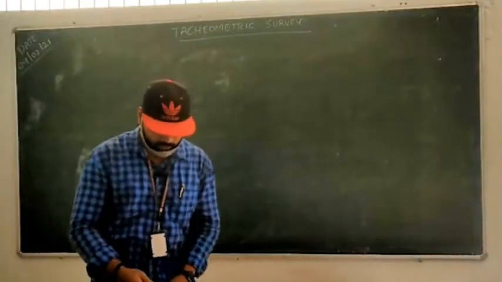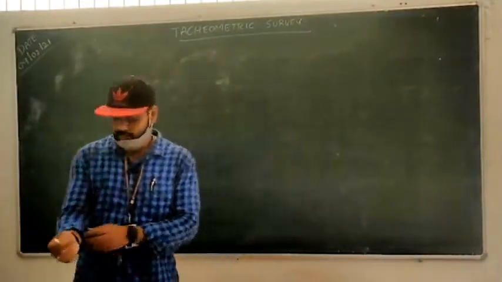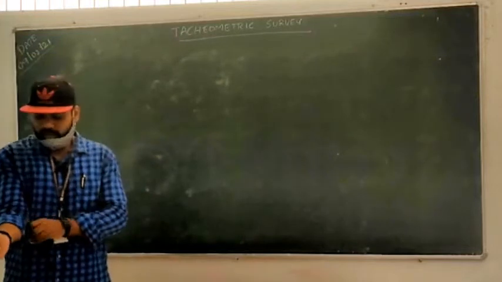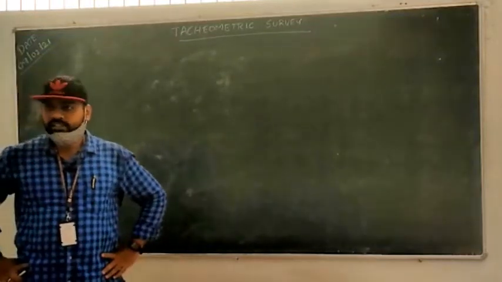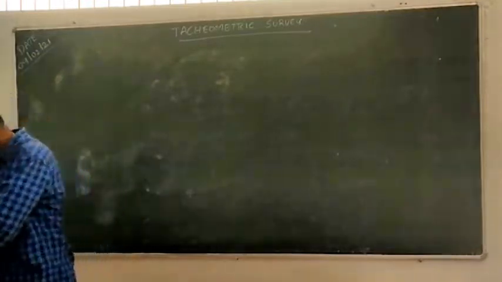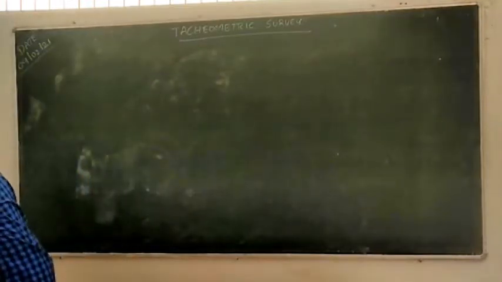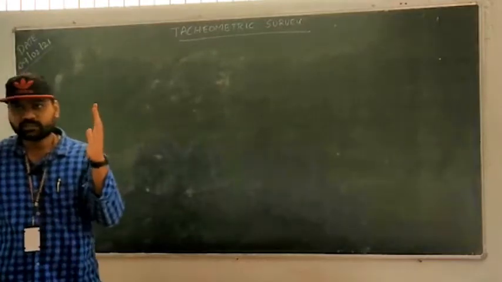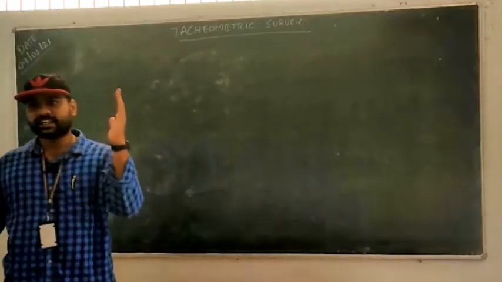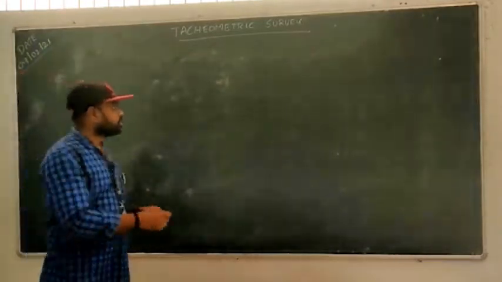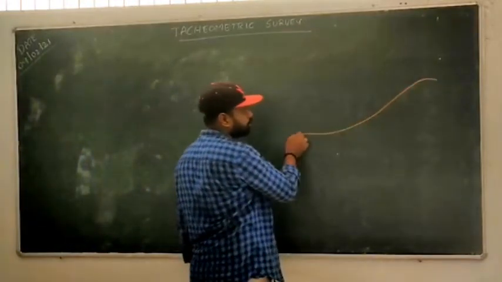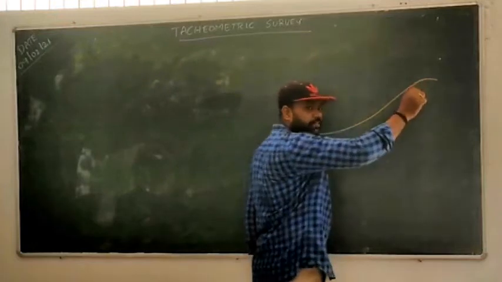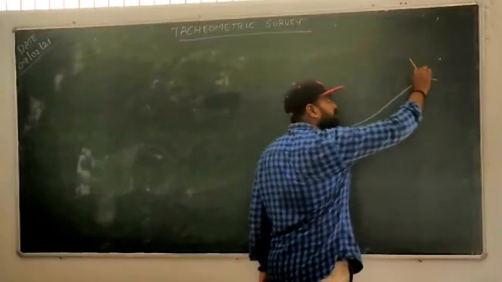So in the last class, we were discussing tachymetric survey, right? In tachymetric survey, by using a theodolite, we measure vertical height and horizontal distance. We also derived one equation for when we keep the leveling staff vertical and there is an inclined sight. Today we're going to have the leveling staff normal to the sight, okay, normal to the sight.